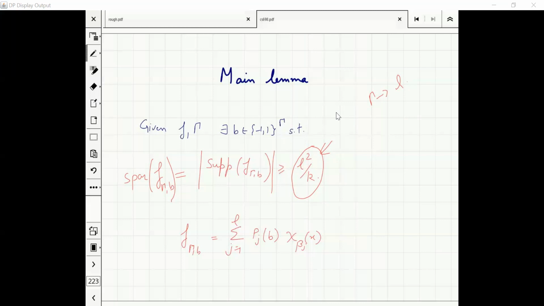If I find a function whose sparsity is more than L squared by k, why do we get a bound of root k log k? That's a bit of calculation we will do at the end. That is not clear yet. But intuitively, this should be clear to you, that this is what we wanted to show. At every point, we will have a good enough function to apply Sang's.